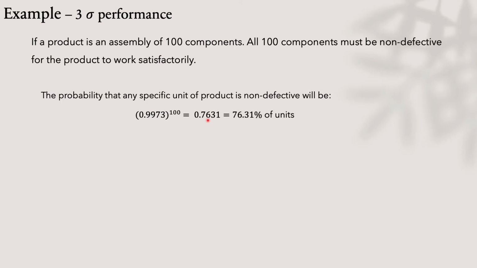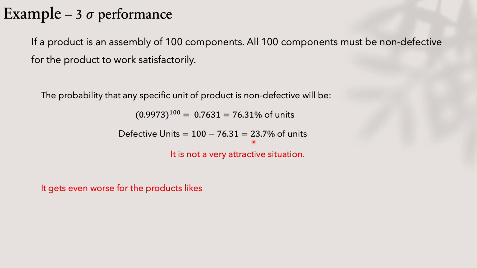So in other terms, we can say that if we are making 100 products, then 76% of the products will be conforming, which means that 23.7% of the products will be non-conforming, right? So out of 100, if 23.7% of the products are non-conforming, this situation is not attractive at all, and it